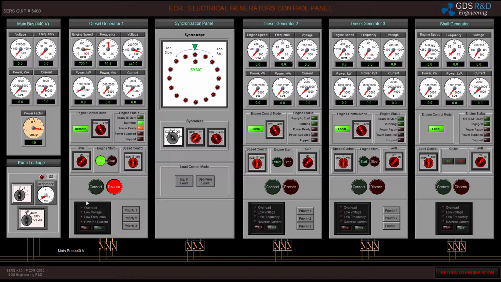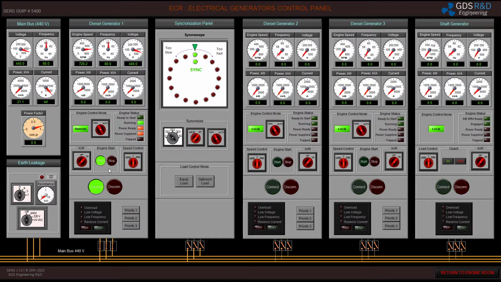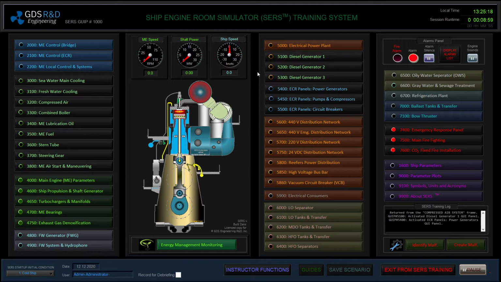And since there are no trip indicators on the diesel generators, I am now ready to connect my generator to the bus bar. And now I have 440 volts and 60 Hz of electricity on my main bus bar, which means I am now able to feed all the systems in the engine room and the whole ship.